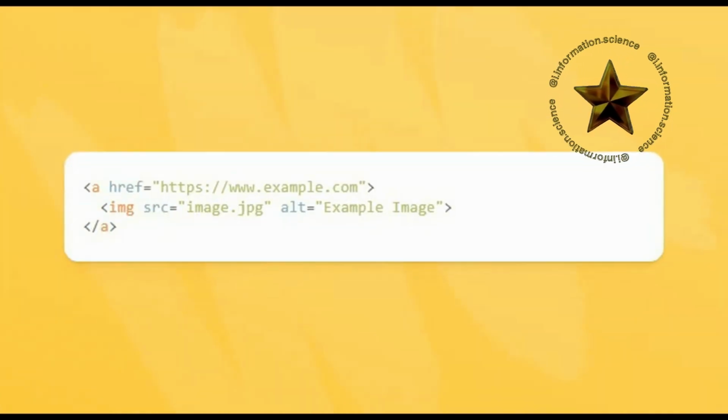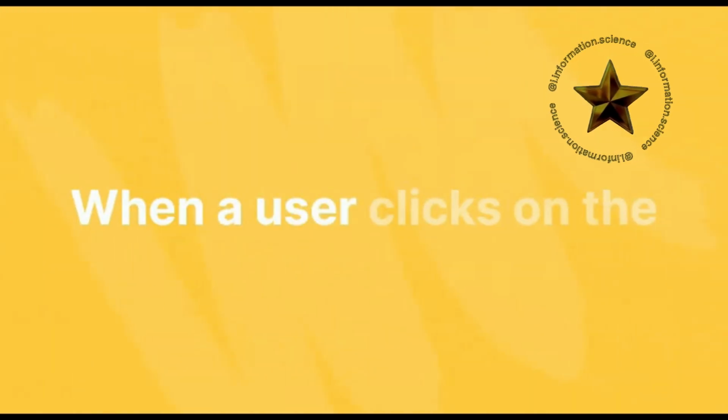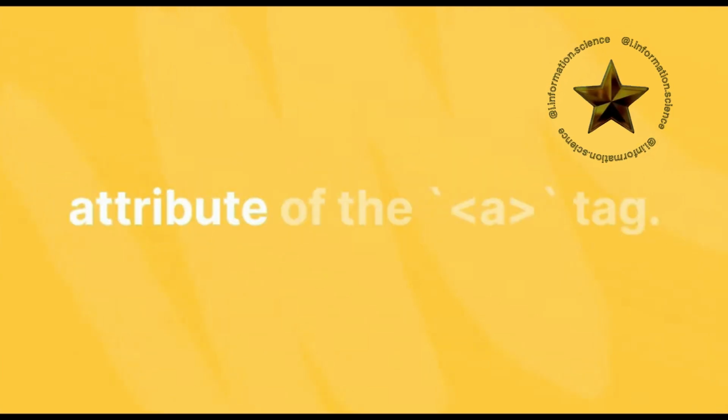a href equals https://www.example.com, img src equals image.jpg, alt equals example image, close anchor. When a user clicks on the image, they will be taken to the URL specified in the href attribute of the a tag. The key steps are